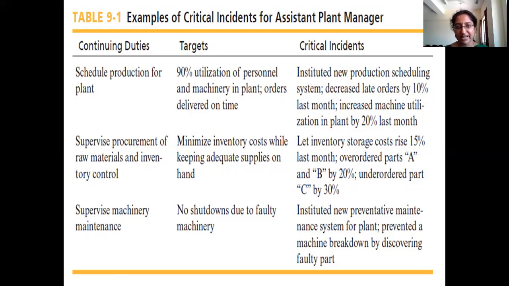Unlike the previous methods, the graphic rating scale, alternate ranking method and others, which quantify the rating, here points are not given and quantification is not given. You're just making notes of what good things and what bad things the person has done. So this may not be very good in terms of determining whether you have to increase their pay, whether you can give them a hike in their salary, or whether you can give them a promotion. The critical incident method might not be very useful.